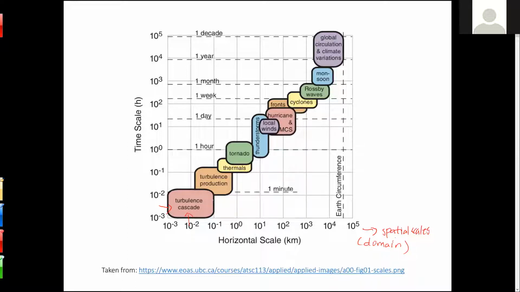And then what does this diagram give you? At the smallest time scale and the smallest spatial scale, you have these processes. And as you go along and increase the spatial scale, these are the more important processes if you are, say, studying or modeling the atmosphere or global climate. So from 10 to the negative 1 to 10 to the negative 5, those are the domains for important atmospheric